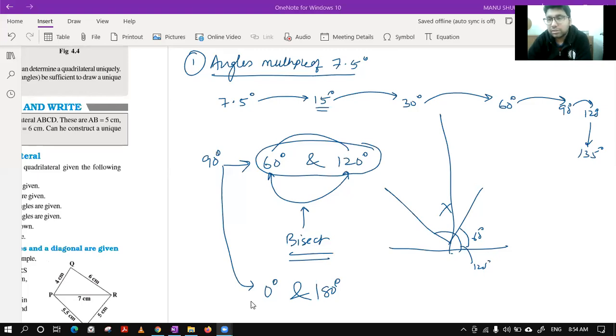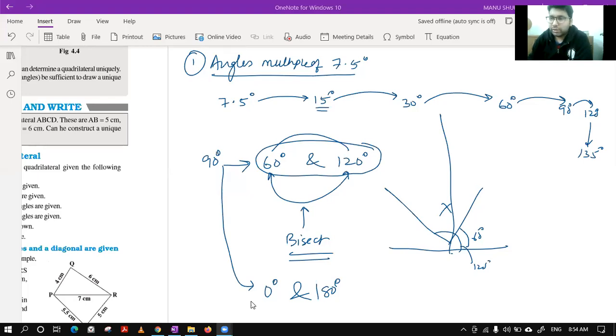Who said 0 is not easy, Harshul? 0 is the easiest angle to be done. If you make a straight line, 0 is this side, 180 is this side. That is the easiest angle. So I think making a 90 degree will be easier if you take 0 and 180. Yes. So, Ananya, I guess my point is clear to you. You have to find such angles which are easy for you to make, and then you can easily bisect that.